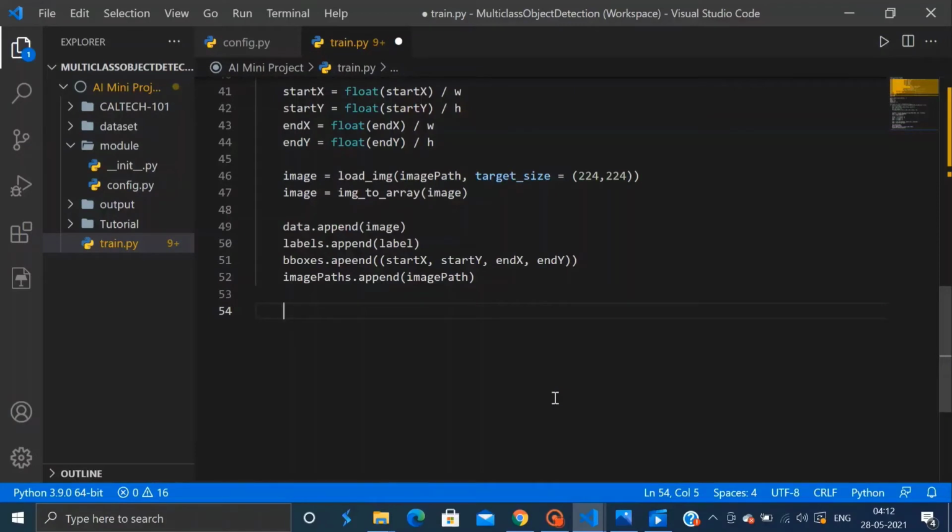So we will come out of this loop and convert each of our data lists into NumPy arrays. So again, our 4 data list, which is the data labels, bounding boxes and image paths, will be converted into NumPy arrays. And for this we are using a function called array from the NumPy library. So np.array.